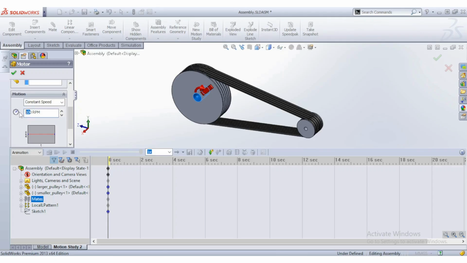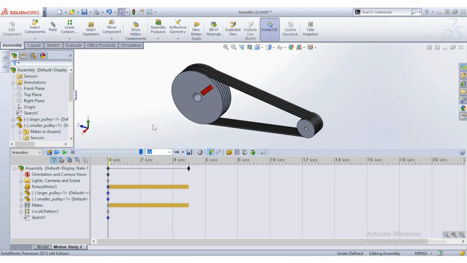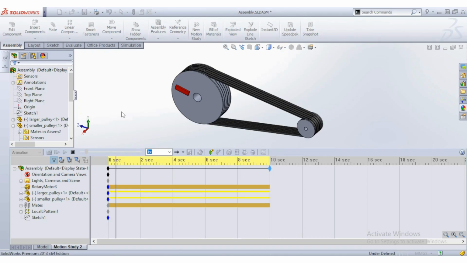We will keep it as 200. Okay. And drag the timeline here. We drag the timeline to 10 seconds and start calculating. It will calculate to play the simulation. See,